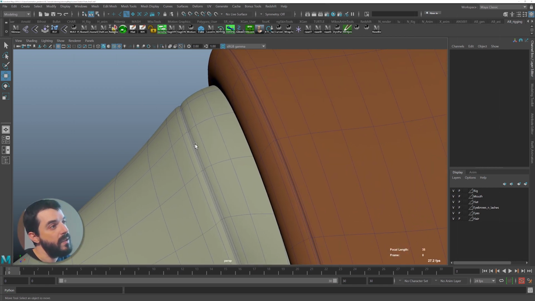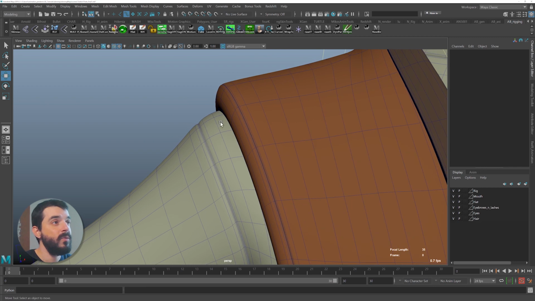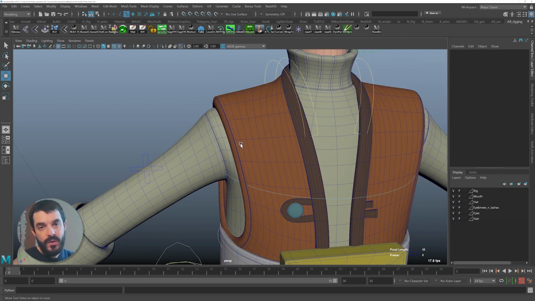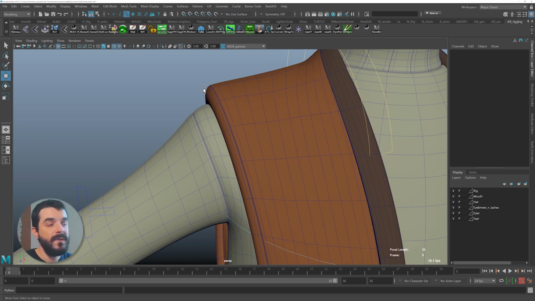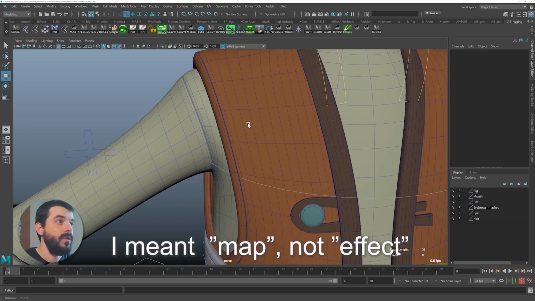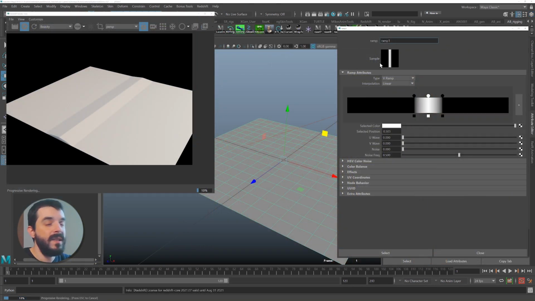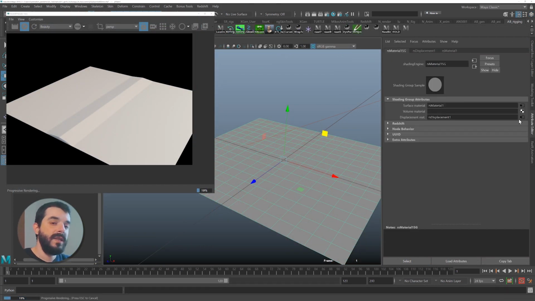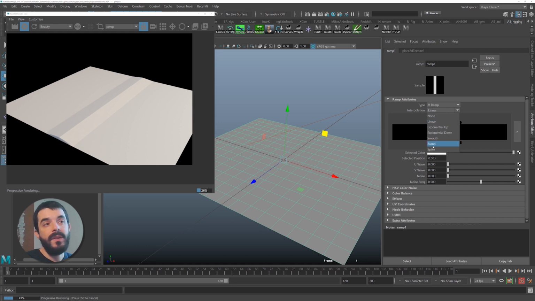you will have to skin the geometry with a lot of precision to make sure that this narrow line is preserved, whichever position your arm or shoulder will be in. You can certainly do that, but it will take more time. While this kind of effect can easily be done when texturing with a displacement effect. So using displacement to achieve these details will spare the riggers some rigging time, and also will give more